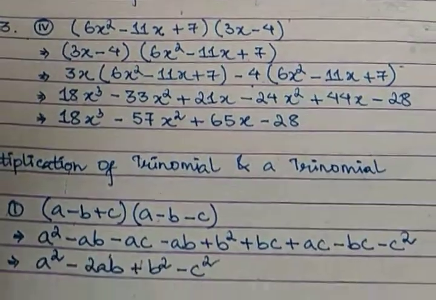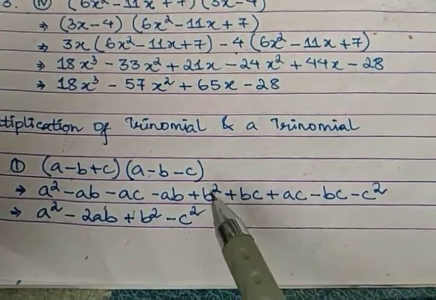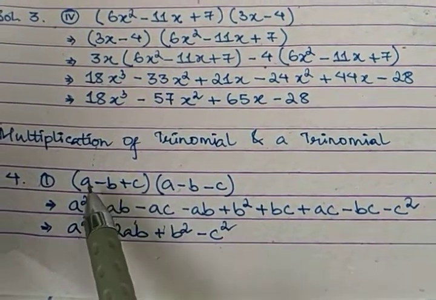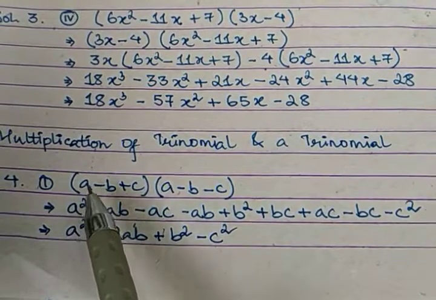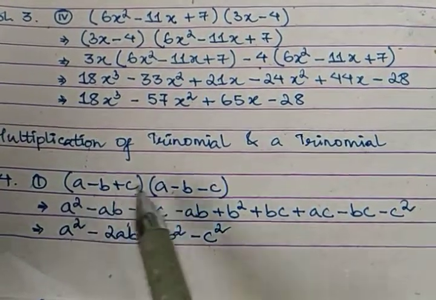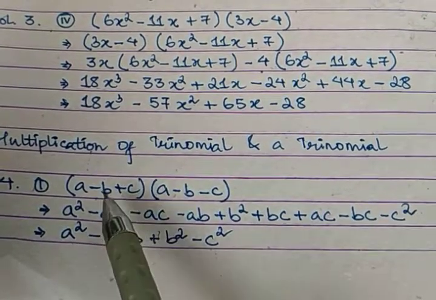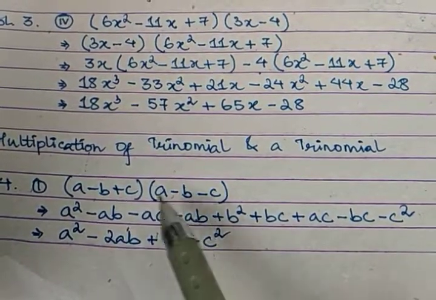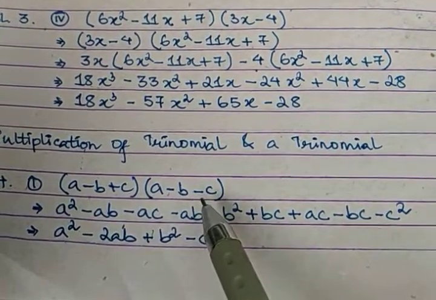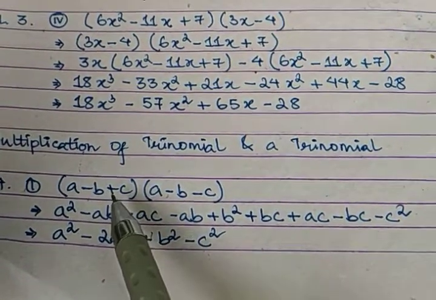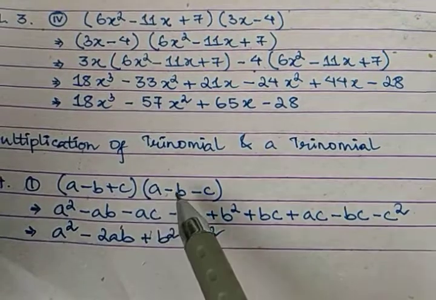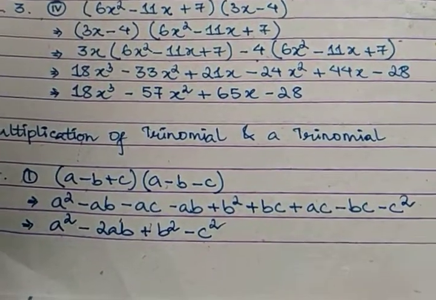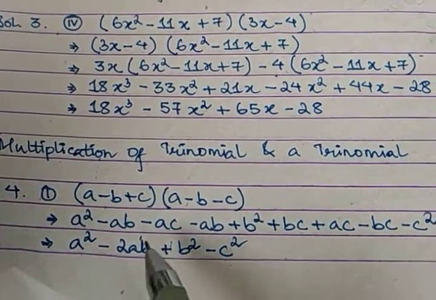Okay, so multiplying trinomial and trinomial. See what I have done here, I have skipped that step. I have just directly taken the first term and multiplied all the terms. See, a into a, you got a square, plus into minus, minus ab, plus into minus, minus a into c, ac, minus into plus, it's minus a into b, it's ab, minus into minus, it's plus b into b, it's b square, minus into minus, it is plus bc. See, plus into plus, again plus ac, plus into minus, it's minus bc, minus into minus, it's minus c into c, c square. See, now what do I see here is a square.